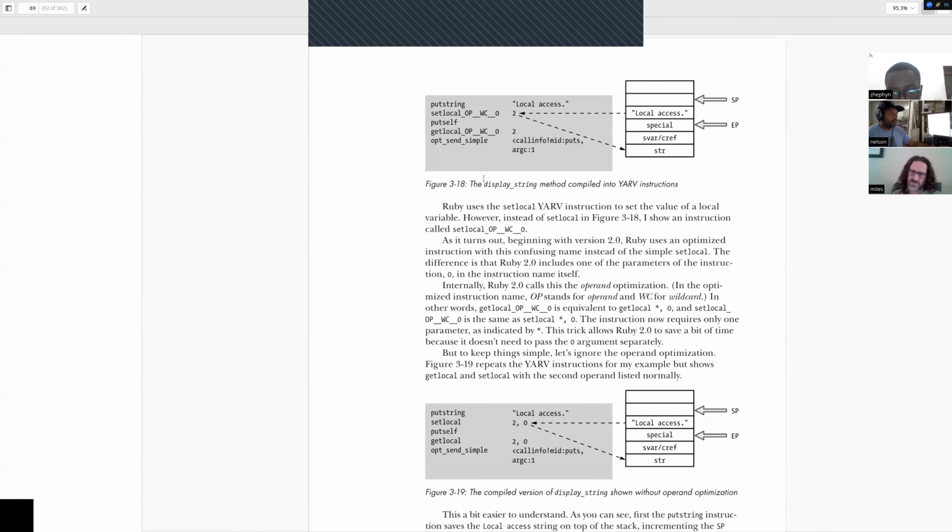Displaying it like this means that you save an instruction because you only need to set memory for a single variable instead of two variables with this method call, but it's very, very confusing to look at,